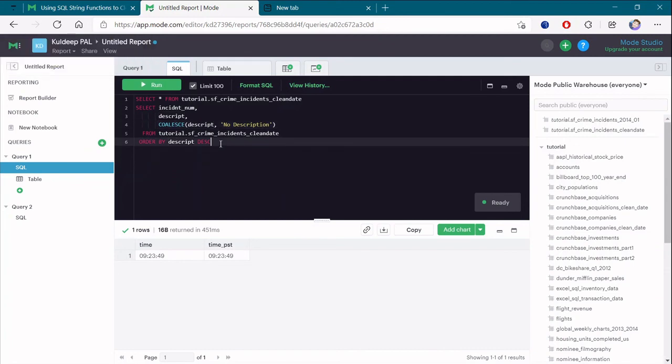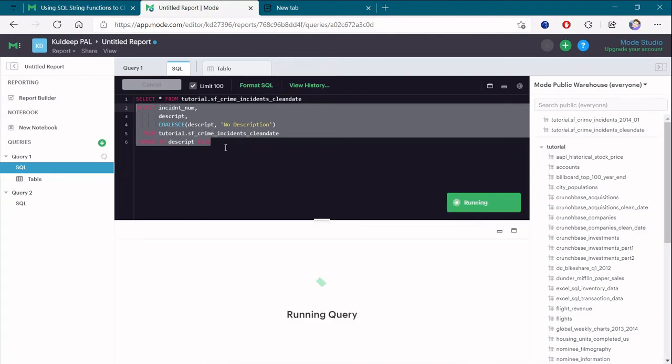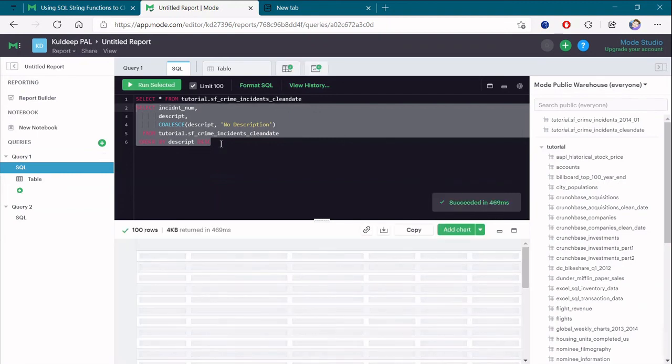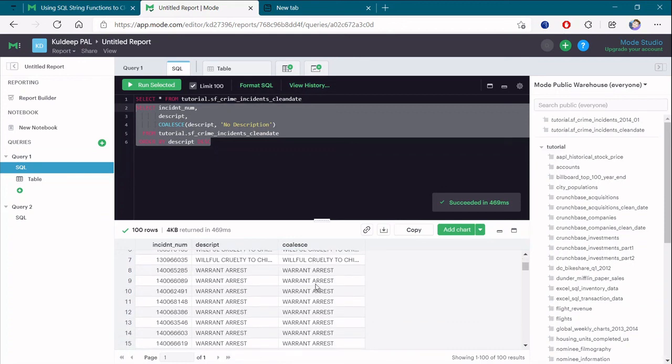In place of those null values, it will be removing them and setting them to zero or no description like that. Let me run the query. We will get to know after a practical thing, because as you can see, for the first row we are not having any description for that row. So we were adding no description to that part.